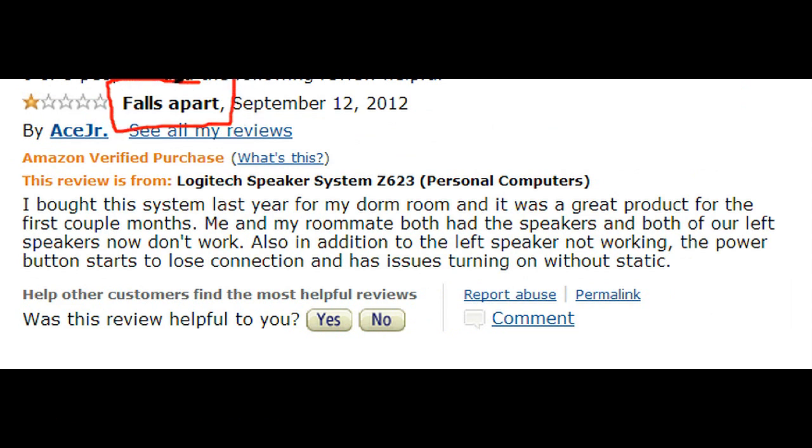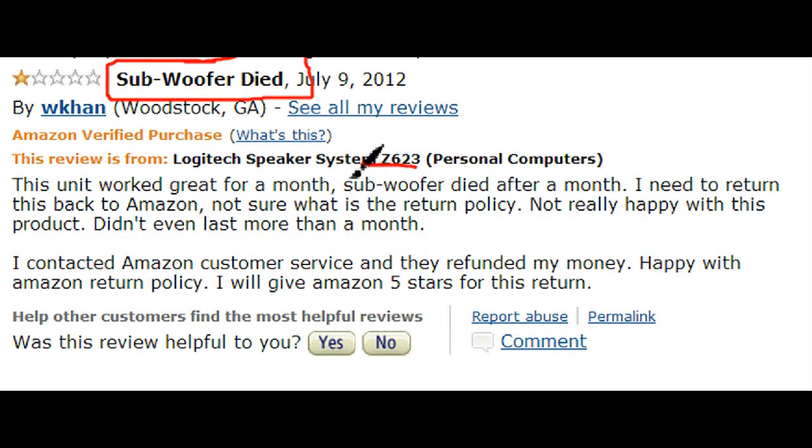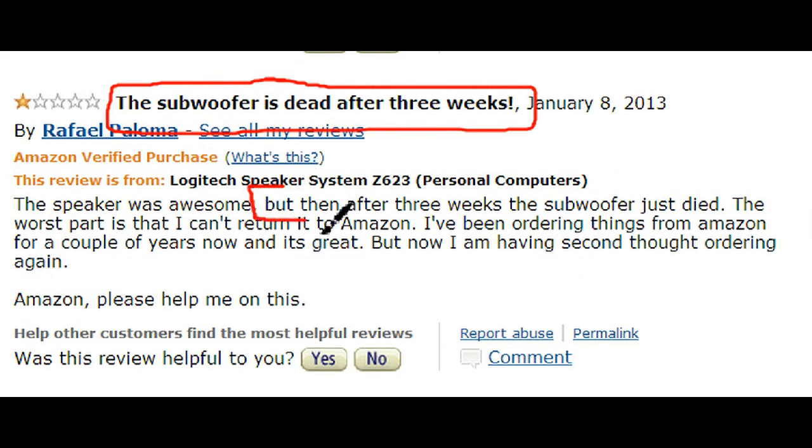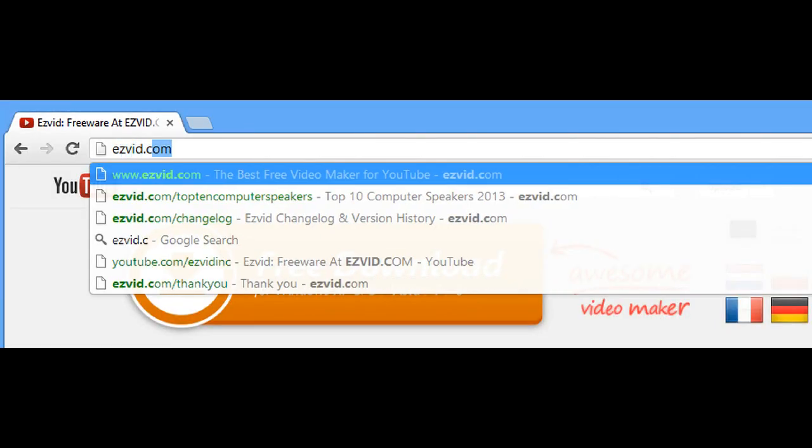And those who dislike the speakers complain about their durability and say that they fall apart easily, especially the power button. A couple of people's became loose after a short period, and some of the subwoofers died after a month. But not everyone is going to be 100% fail-proof because faulty devices do happen. But back to our list,